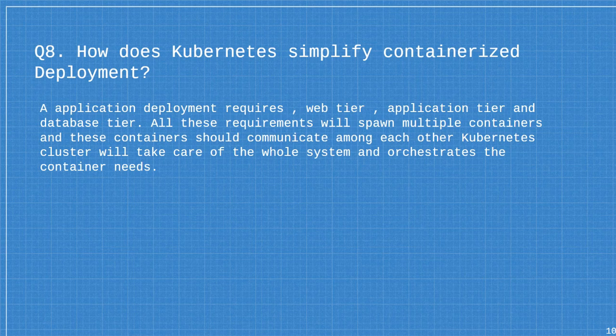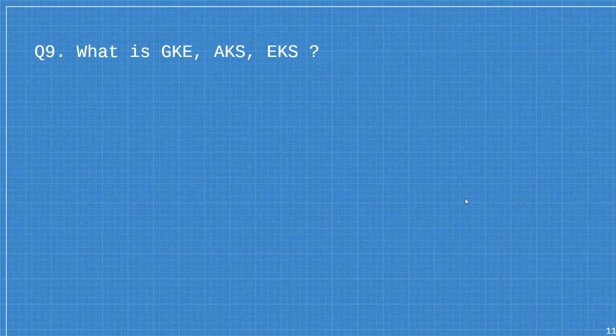It's not only Kubernetes. If you are using another orchestration tool, it will take care of all the system problems and all the networking. Whether you have 3 worker nodes or 4 worker nodes, it doesn't matter. One pod will communicate with another pod the way you define it using a service. Okay, let's move to the next question.